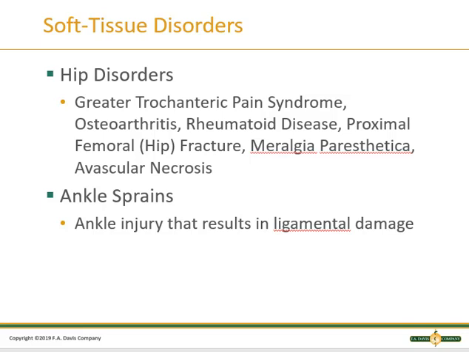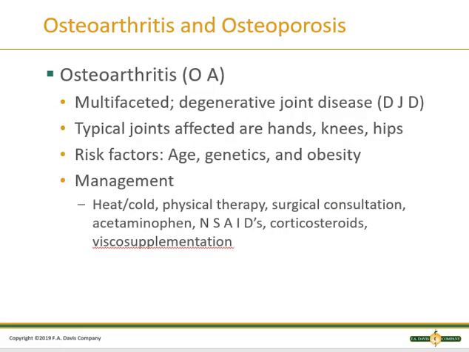We are going to get into more detail with osteoarthritis and osteoporosis in the next chapter. Also review ankle disorders, ankle sprains, and management for those. And we will move on to the next chapter and talk about osteoarthritis and osteoporosis. So in chapter 55 on page 851, we're talking about osteoarthritis, also known as degenerative